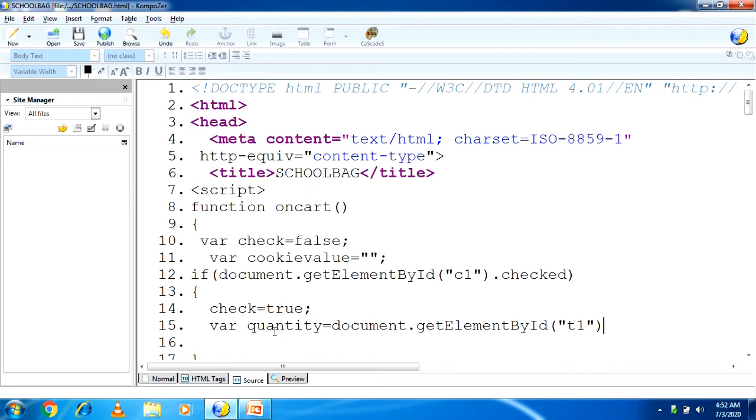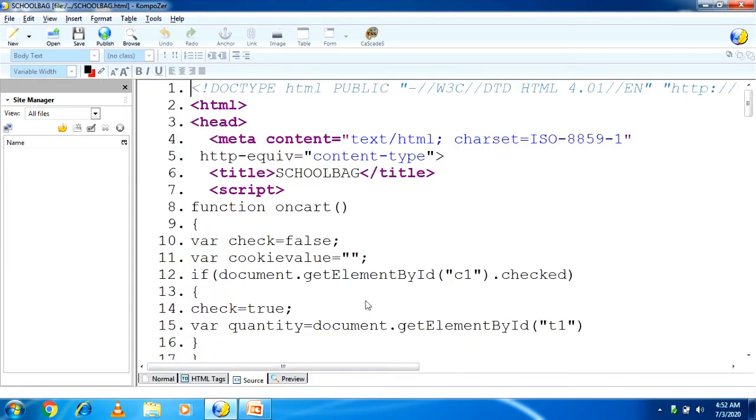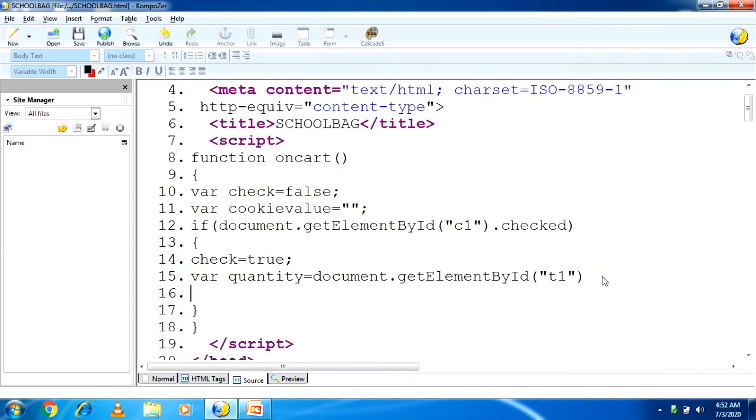Okay. Now next, what is the first bag price? So I will check first. The first bag price is 500. So if the user checks this checkbox and writes 2 quantity here, then automatically the value should be converted into 1000. Now for that we have to apply a formula. Okay, student.